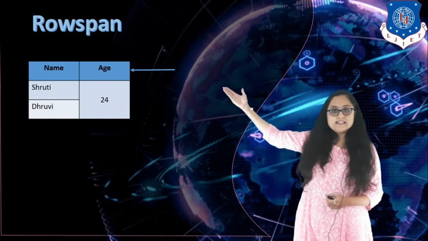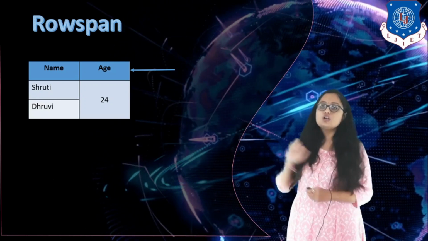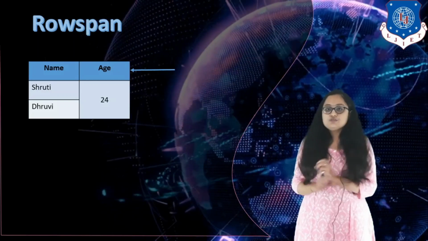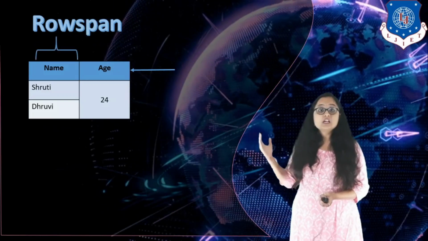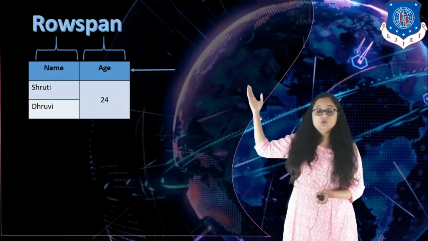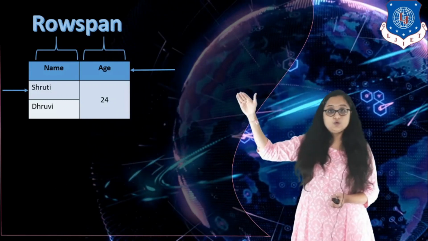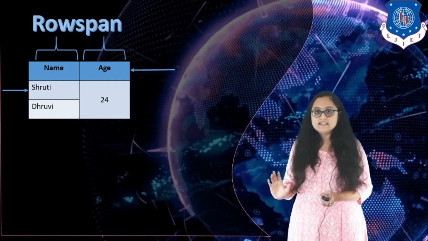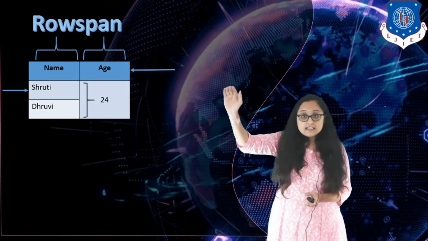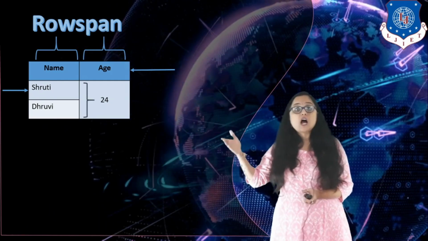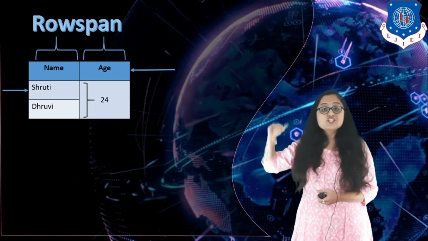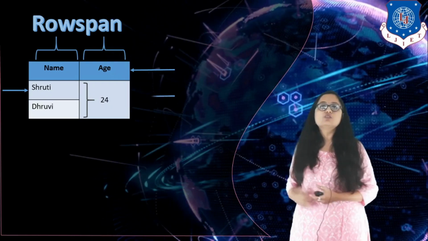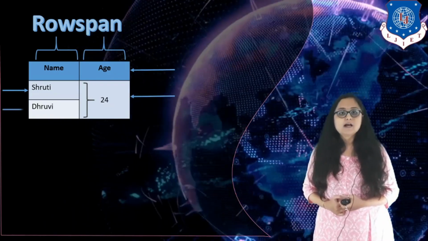So here you can see that the first row is a normal row which consists of two columns, Name and Age. That is very simple to write, we know that. But what is difficult? Exactly, the second row. The second row's first column is normal. It consists of Shruti as data. But the second row's second column is a spanned column which consists of a combination of two rows. That is known as a rowspan.